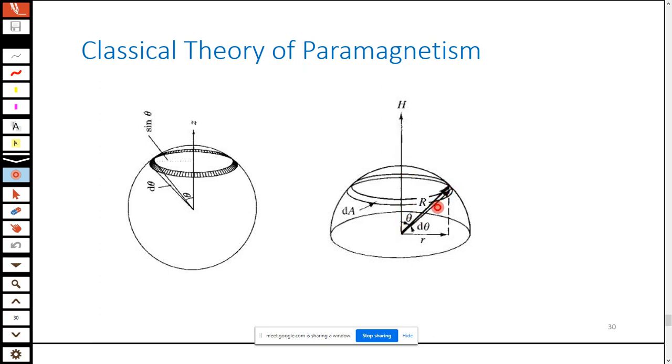Okay, so they will be pointing in any direction. But if you look at any surface on the sphere, you will find the same number of magnetic moments. And that's why when you take the average over the entire surface of the sphere, you will have a zero magnetic moment. But now if you apply a magnetic field, the magnetic moment will try to align along